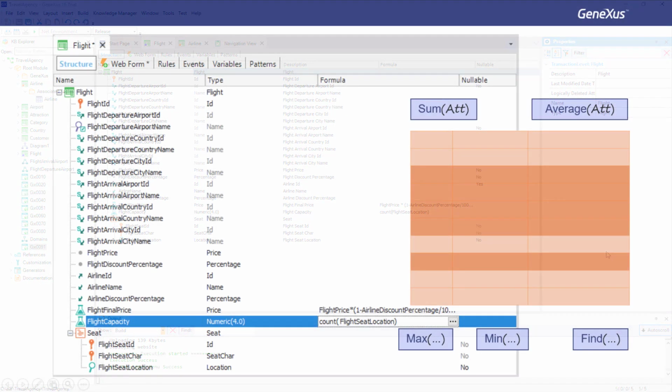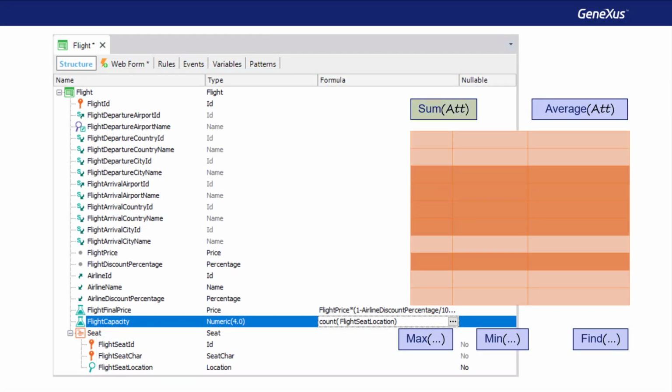Let's return to GeneXus. In addition, there are other aggregate formulas that make operations by taking several records into account. For example, sum to add the values of the specified attribute, average to find the average value of the specified attribute, and others such as max to find the maximum value of an attribute in the table to be navigated, and return the value of some other attribute for the corresponding records.